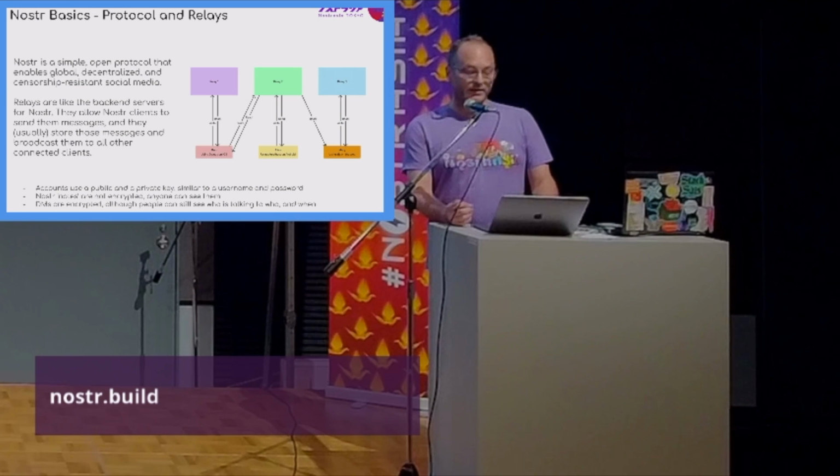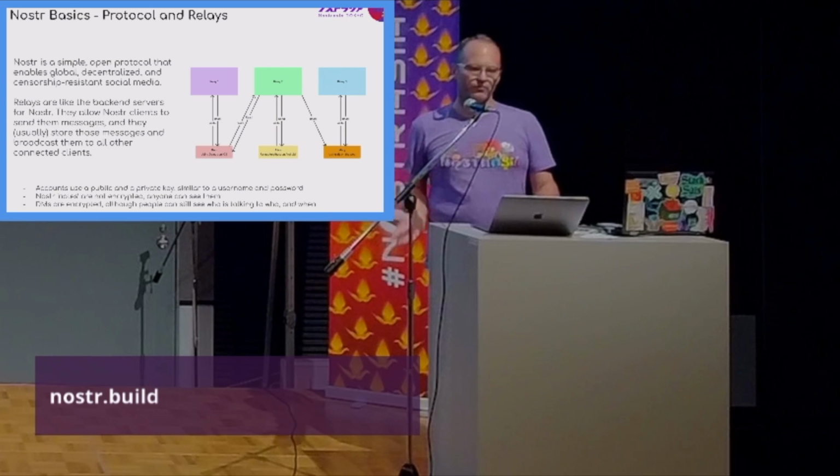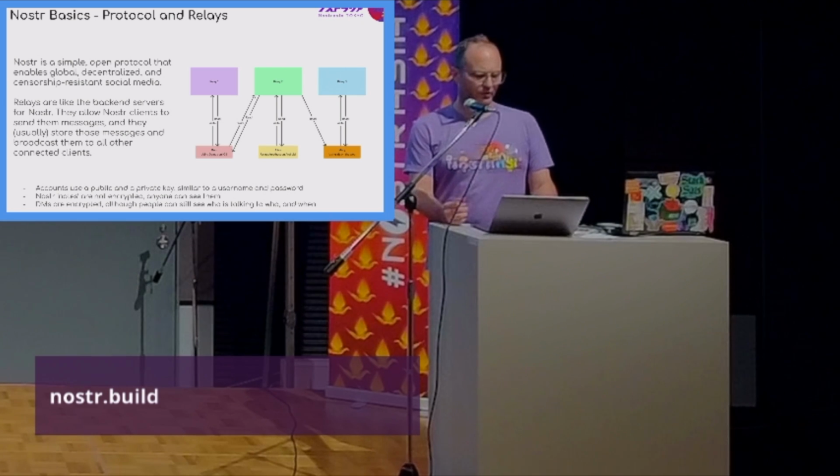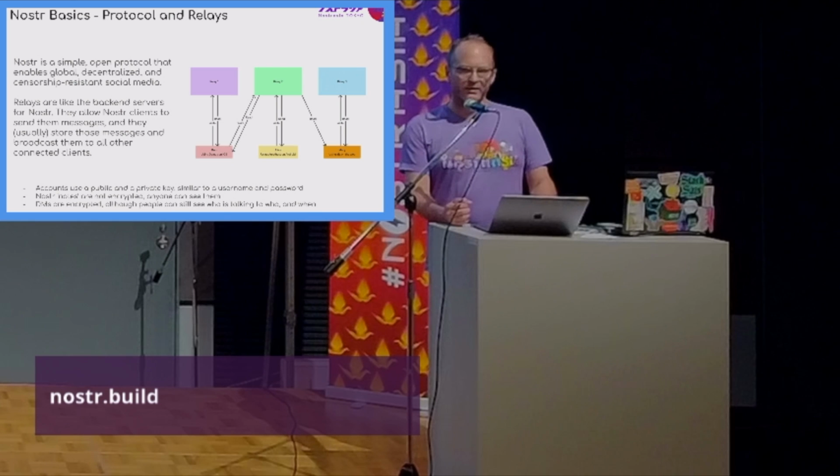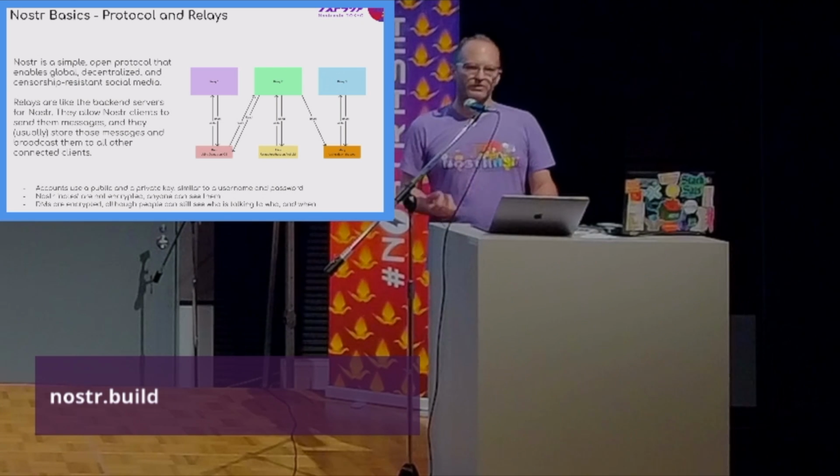Nostr notes are not encrypted, so anyone can see your notes. So it is a public thing. If you go, even without an account, and look at one of the apps, you can see notes from anybody. Kind of similar to Twitter, I guess, in that case. The DMs are encrypted. With standard DMs, you can normally see who's talking with each other and at what time, but they're encrypted, so you don't know what they're saying. And then depending on the client, they will make it more difficult to even see who's talking.